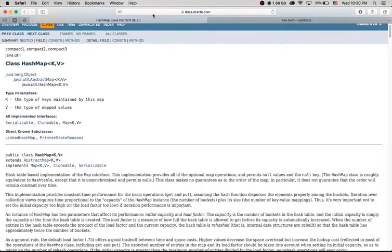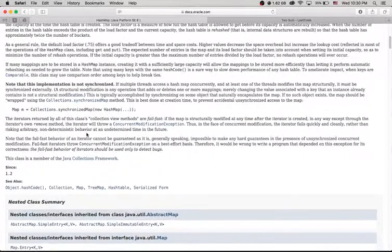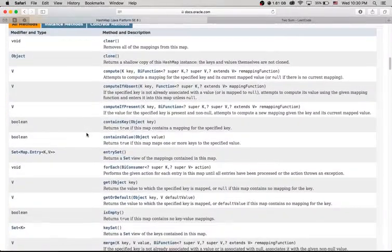Now, here we are. This is Java docs, Java Platform Standard Edition 8. And this is a hash map. This is the API for hash map. You'll see here that when you declare a hash map, it takes in 2 parameters. The first is K, the other one is V. K stands for key, V stands for value. And so the type of keys maintained by this map, and the type of mapped values, is K and V. And if we go through the hash map, we'll find a bunch of really useful